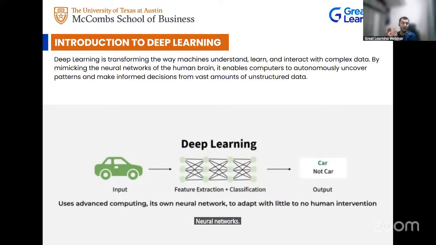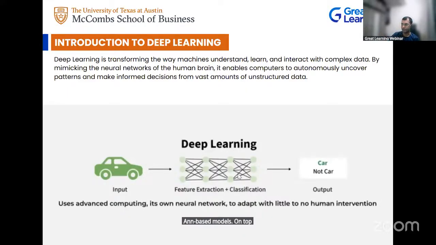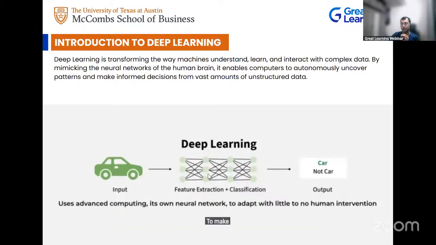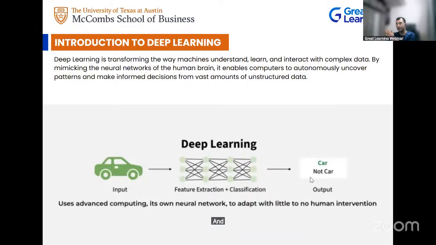Because these are artificial neural networks, we call them ANN-based models on top of which these are built. If you see, these are neurons which we have here, and there are connections between the neurons to make the data or information flow from one stage to the next. As this information flows from one stage to the next, it starts getting more and more complex. And finally, there is some kind of output that we get.